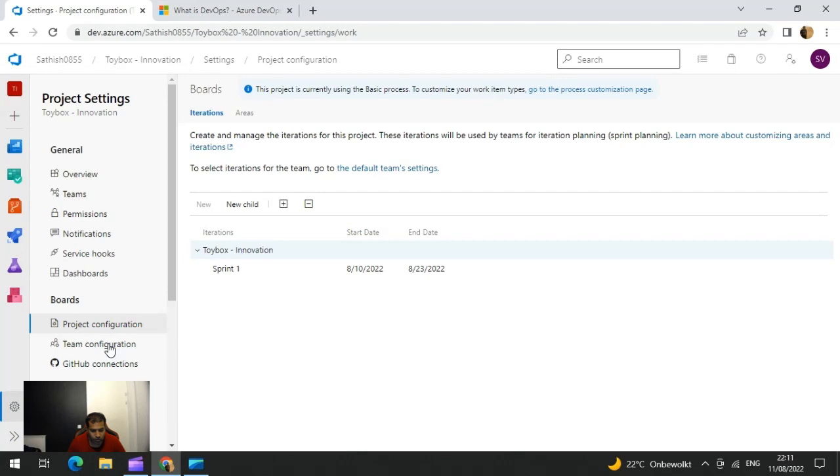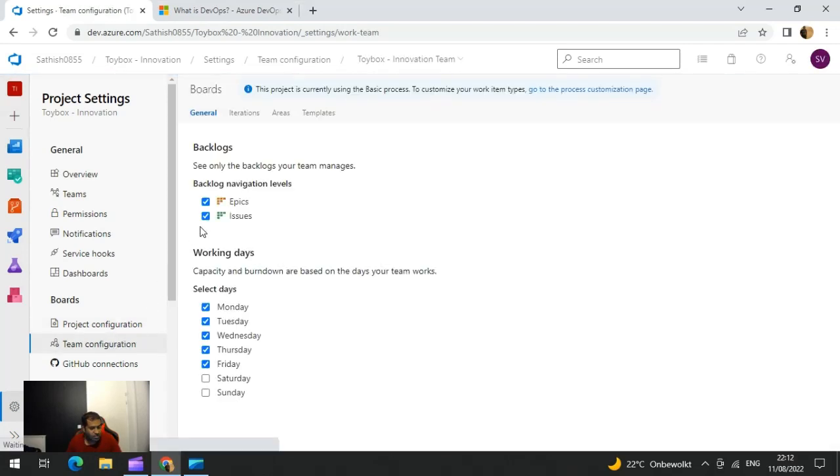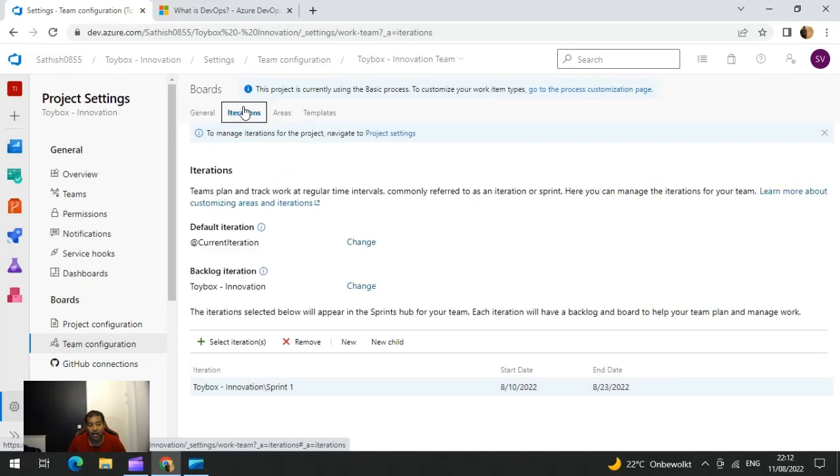And when you go into the team configurations, we have the general settings, only the backlogs for your team managers, and the backlog navigation level can be epic and issues, which we'll have a look at in a few minutes. And the select days, the project can be done only on the weekdays, not on the weekends. You can also modify based on your requirement. And you have the iterations. In the iterations,